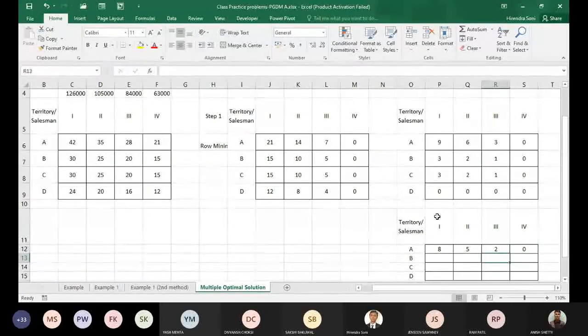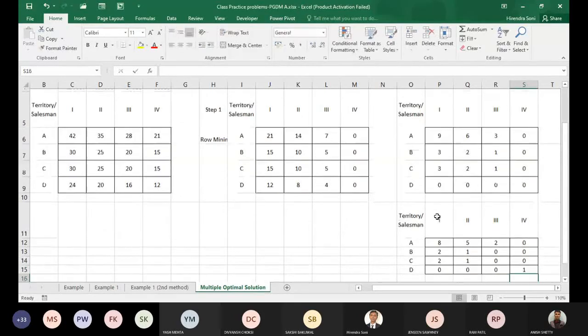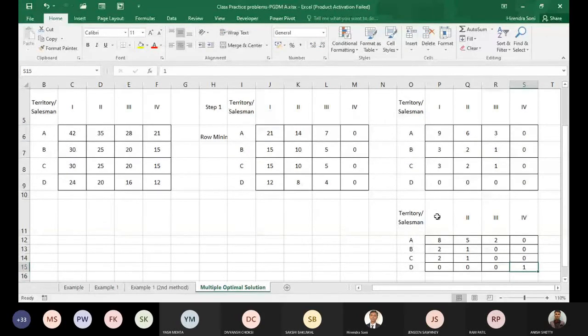I'm just writing it down so that we are able to save some time. 1, 2, 0, and 1. Correct? This is the part where we have reached. Now if we start with the allocation,